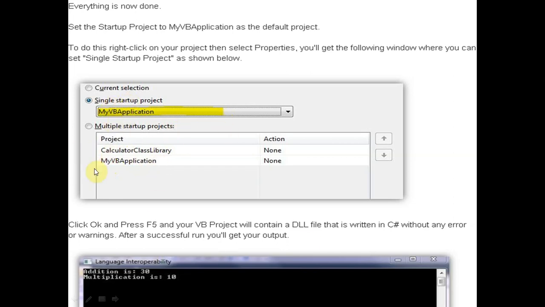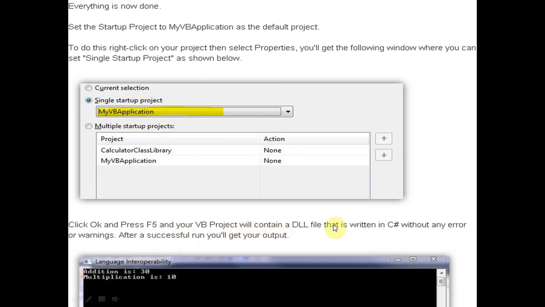In case we are running two programs simultaneously, then we will select multiple startup projects, but here we have a single startup project. So click OK and press F5.